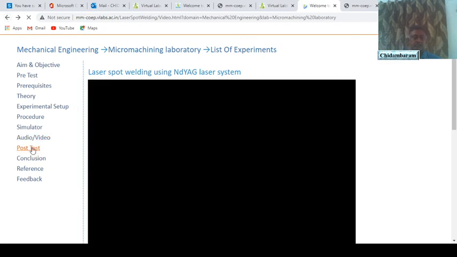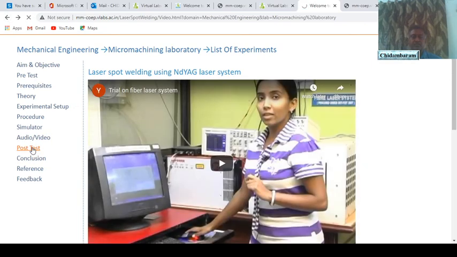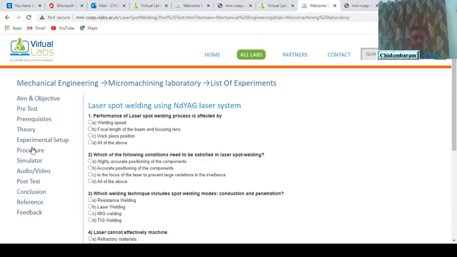So there is a post test. The performance of the laser spot welding process is affected by welding speed, focal length of the beam and focusing lens, and workpiece position.